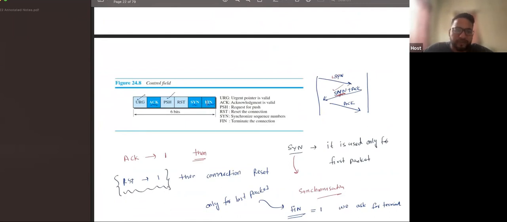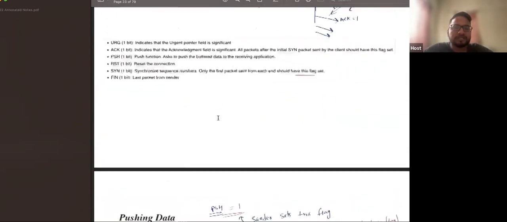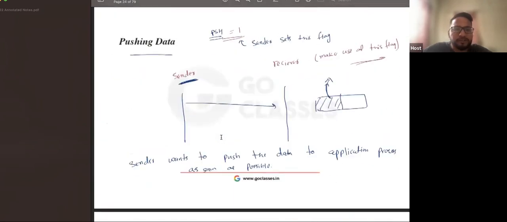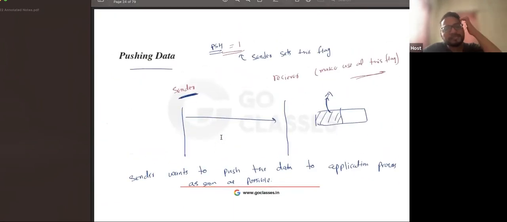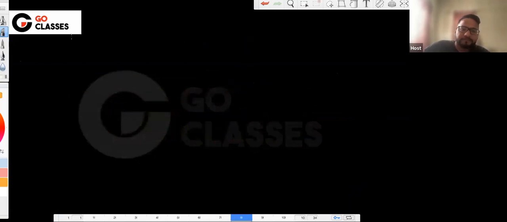Now let's look at this FIN. What does this FIN say? It is basically used for connection termination. So I will talk about this FIN, but before that, maybe let's talk about PSH, RST, and URG. So what is this PSH? If PSH is one, it means that it is telling two things. Okay. So if PSH is one,